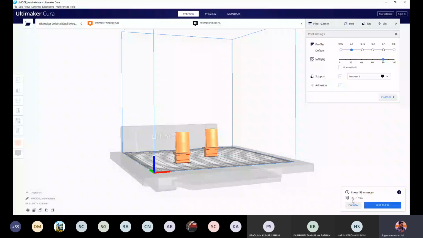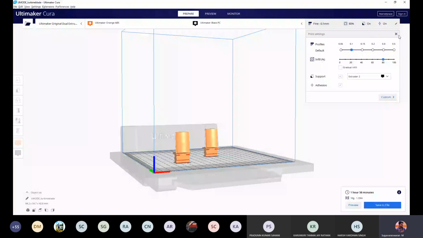In the raw material, what is the length of the filament you require? If you are planning for printing, you can calculate based on the parameters whatever I have set here. You can calculate the time as well as material consumption. Is it fine? All of you could be able to see this in your window, time taken and material consumption. Yes, sir. You can close this window. That is the print setting window. You can close this print setting.